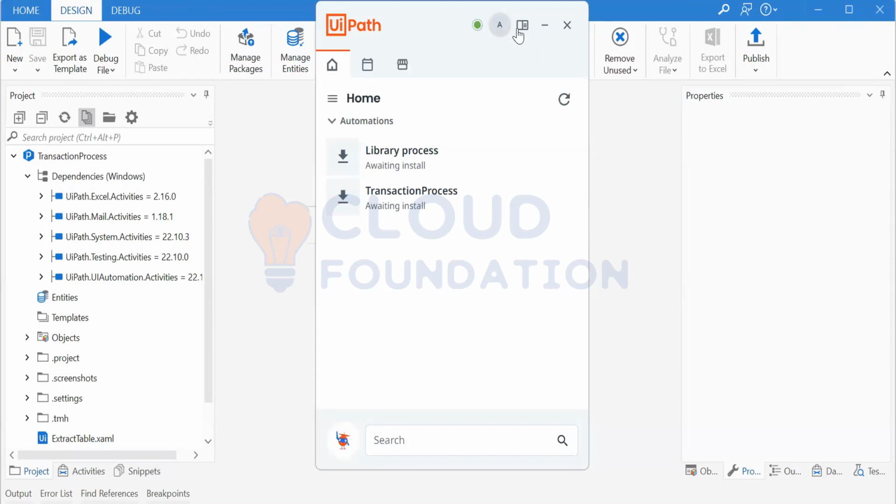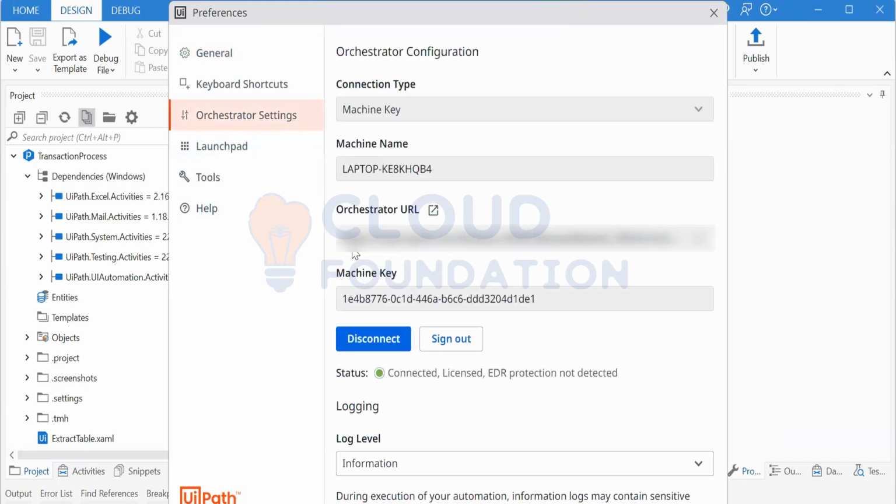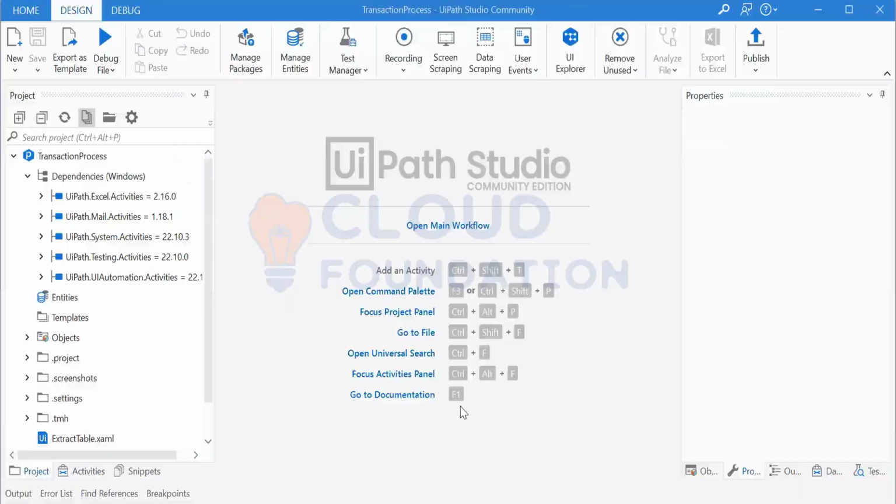Green. Okay, when I go and click on this, preference, click on preference, orchestrator setting. Can you tell me what this is, Mike? This is your path. The orchestrator where you can save your URL. Okay, so this is my URL. So what I'm saying is when I go back to my diagram,